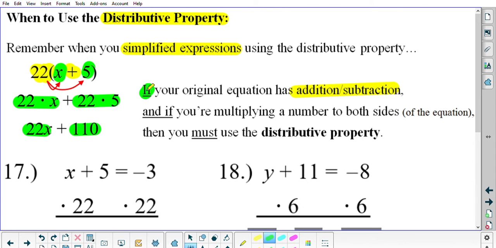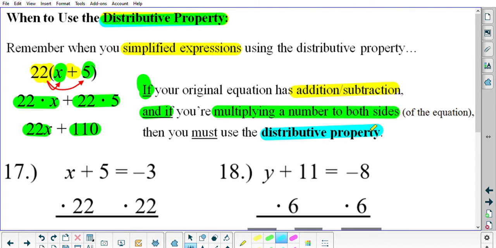If your original equation has addition or subtraction, and if you are multiplying a number to both sides of the equation, then that means you're going to have a multiplier to an addition or subtraction problem. That is where you must use the distributive property. You must. There is no other way. That is when the distributive property must be used, when you have a number being multiplied to an addition or